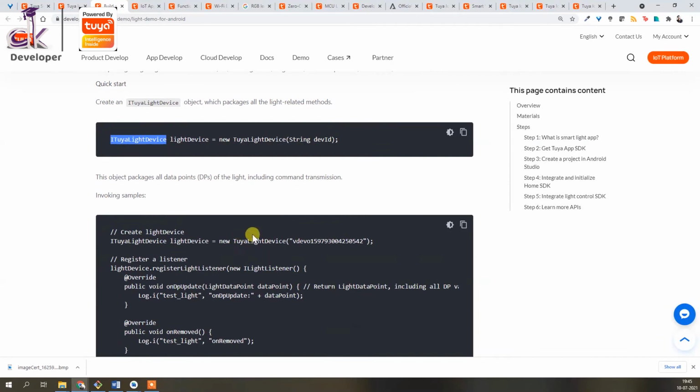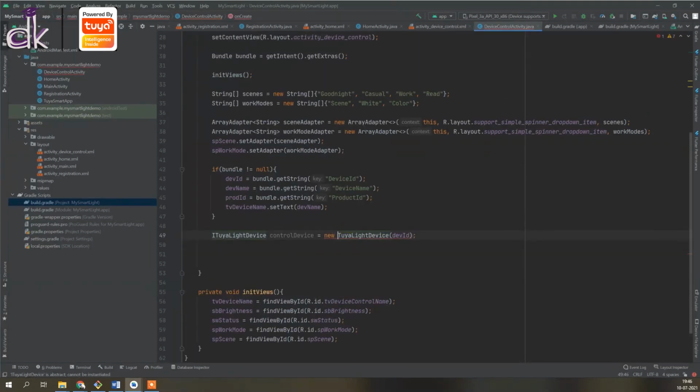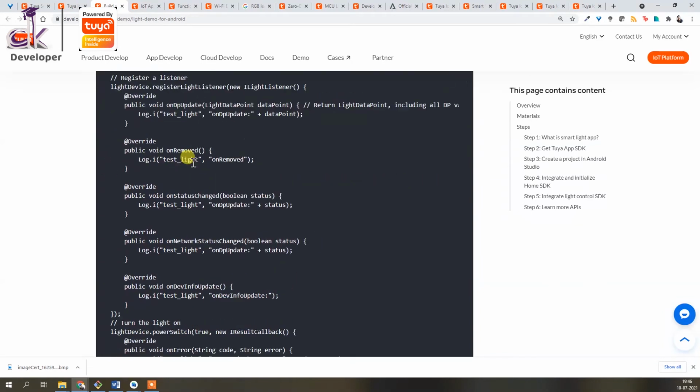So new, this should be new IoT light device. All right, and to import the library again, alt enter. Okay, so you have created your IoT device now.